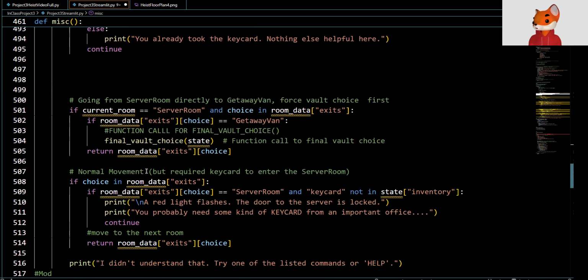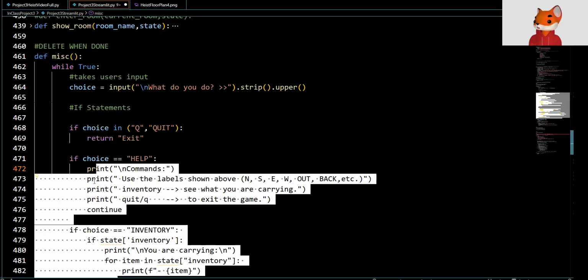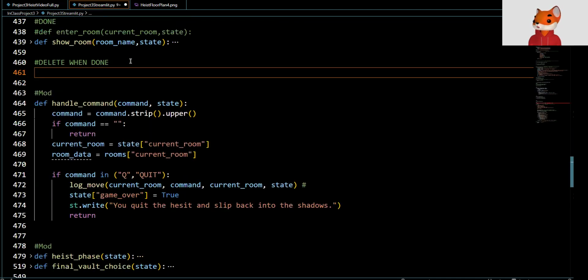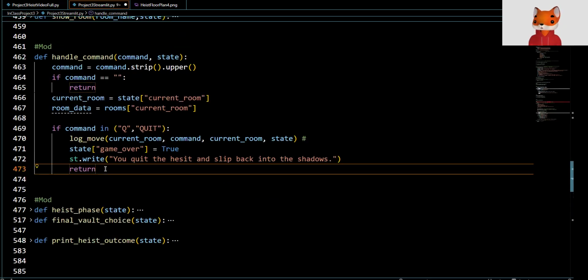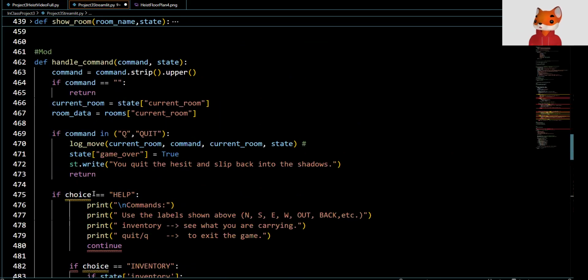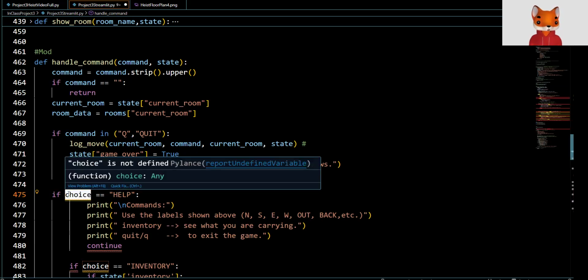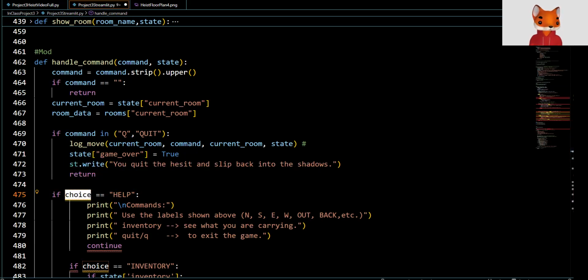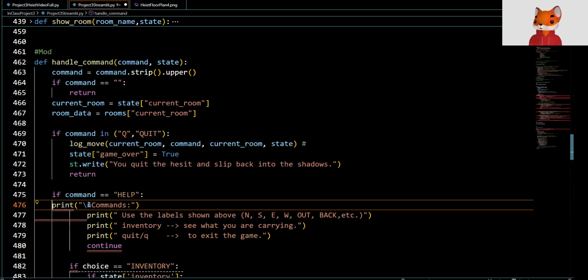We'll actually copy all of this and modify it now inside of that function since this is a part of it. And we'll just get rid of this miscellaneous function because we've pretty much gotten all of the main code here. And we're just going to modify it inside of this code one step at a time. So instead of it being choice here, we're just going to say if the command is equivalent to help,